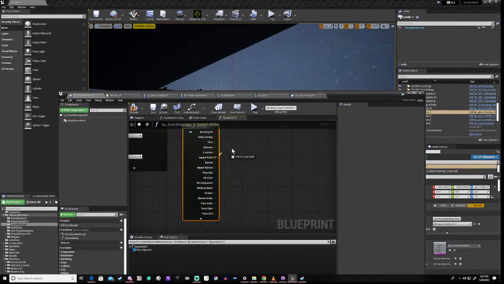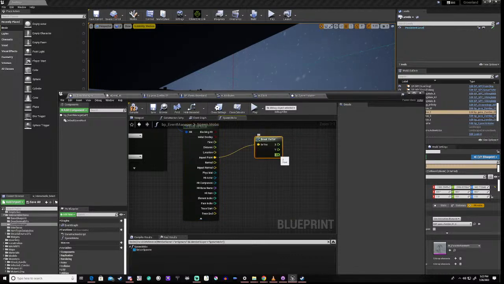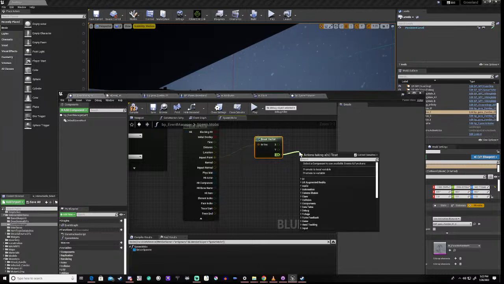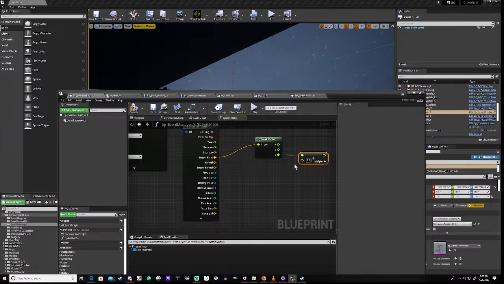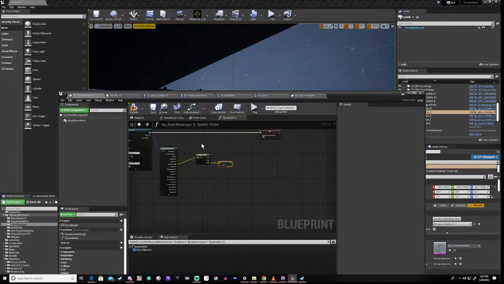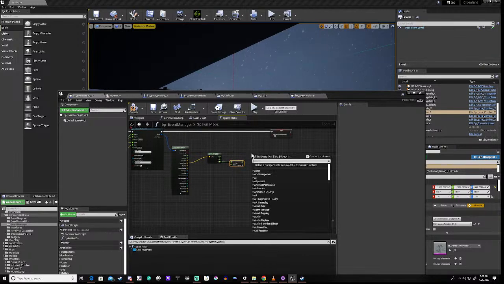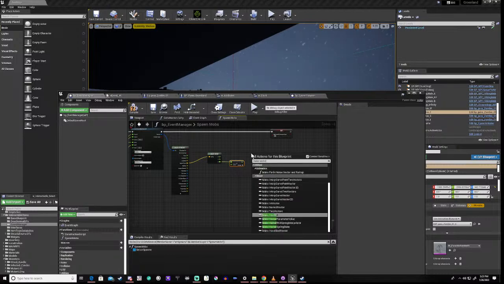We're going to get the impact point, and we're going to break that vector. Then we're going to add, let's say 80, right? Then we're going to make vector